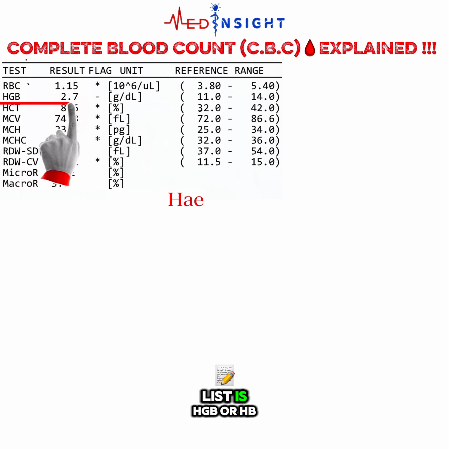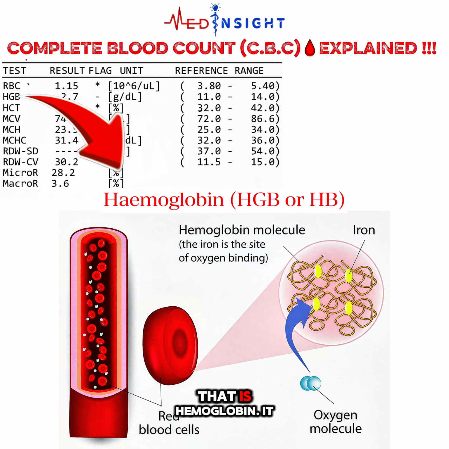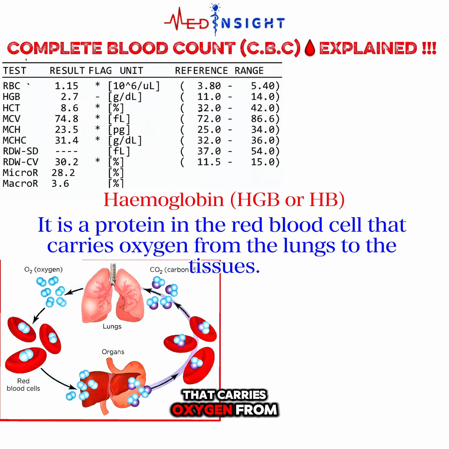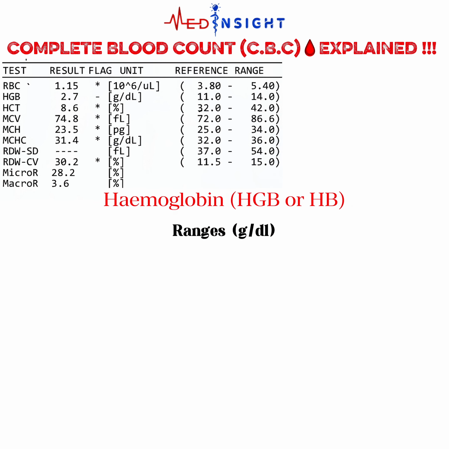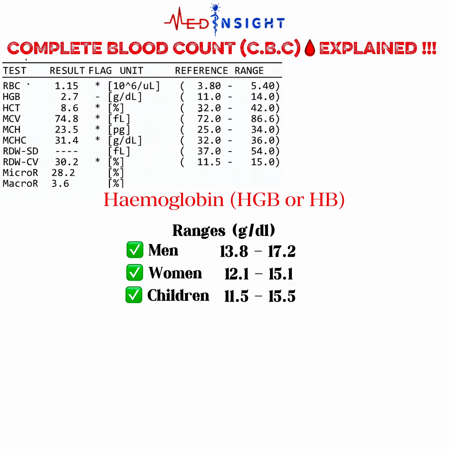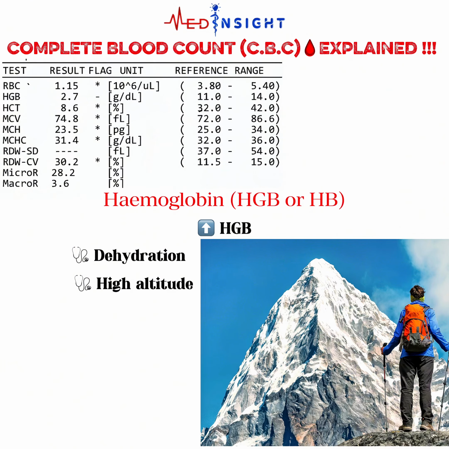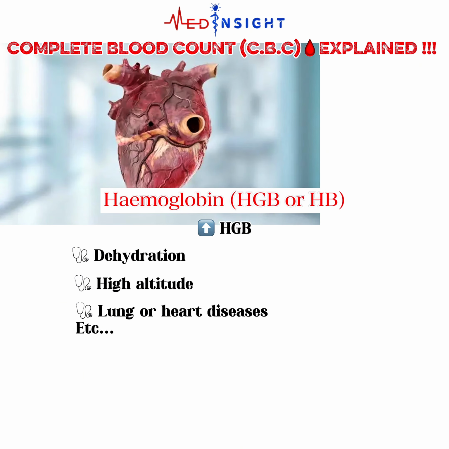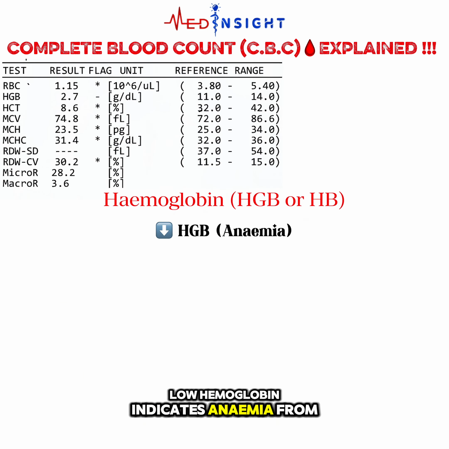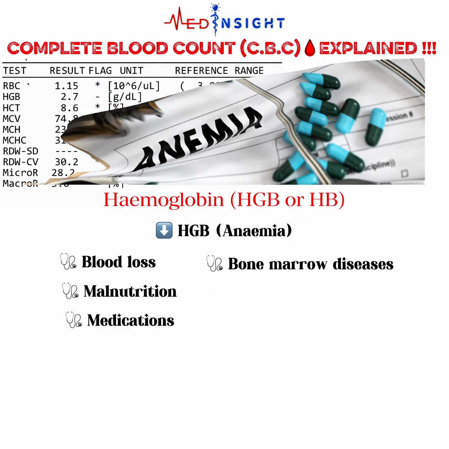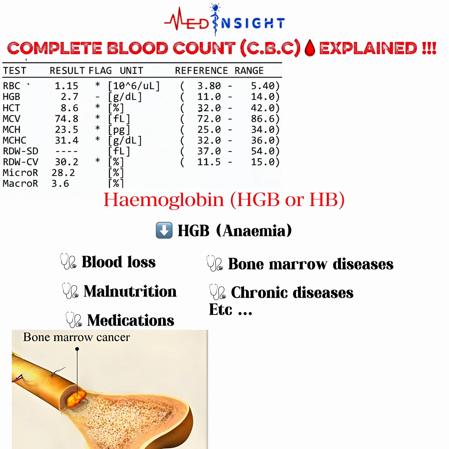The next on the list is HGB or HB, that is hemoglobin. It is a protein in the red blood cell that carries oxygen from the lungs to the tissues. High hemoglobin can occur due to dehydration, high altitude, lung or heart diseases. Low hemoglobin indicates anemia from blood loss, poor nutrition, certain medications, bone marrow diseases, chronic diseases such as kidney diseases,